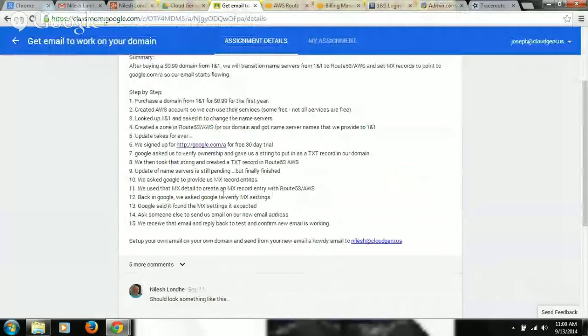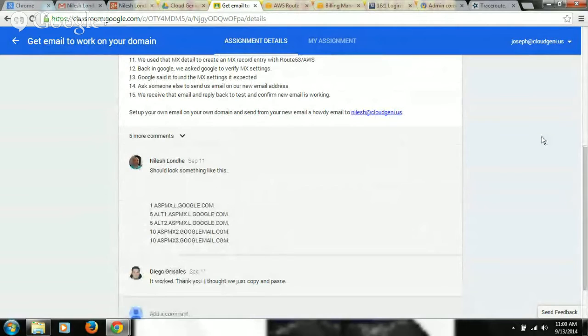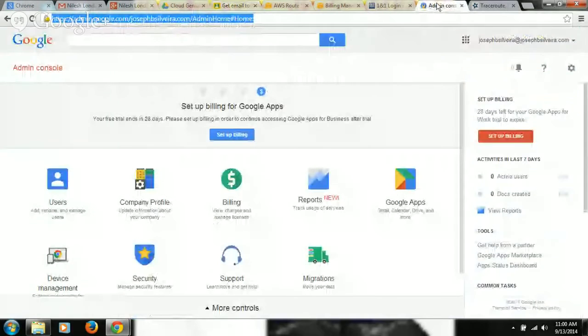And you should be able to send and receive. Oh, if I type it in, you want me to type in my email? No, just go to admin console again and type gmail.com. Enter. No, not here. Just type in gmail.com right here. Yep. Type in gmail.com and send me an email.